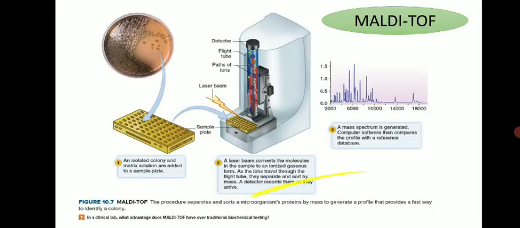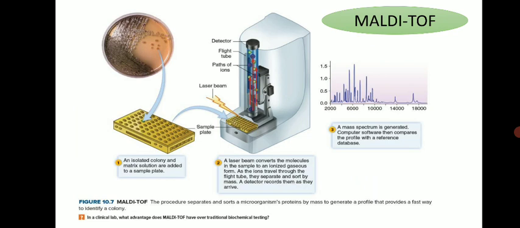So this is the instrument showing MALDI-TOF, and in this slide the protocol is given pictorially. You can see that a pure culture of bacteria is there, and you have to pick up a few cells from an isolated colony and mix them in a matrix with a particular solution. After this sample preparation, you keep the sample under exposure of a laser beam, and under the laser beam the molecules are converted into gaseous ions, and those ions are finally detected by mass spectra.